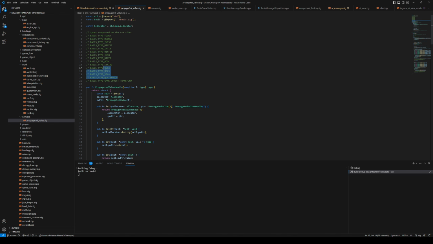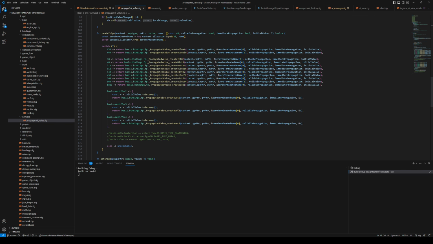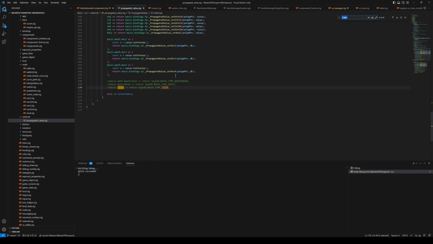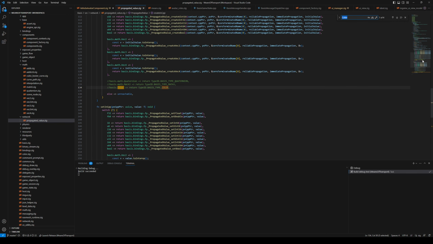You can do colors actually, but you can do color with the vector 4. And I think some of those are actually, actually I don't have these. Well, there's color. That's confusing. I wonder why I have listed color here if it's not supported on the C++ side. But anyway,